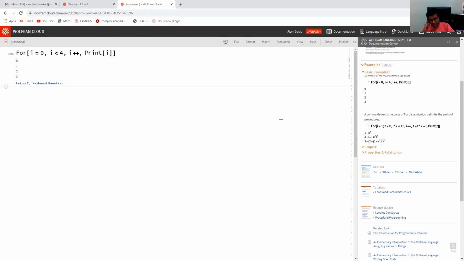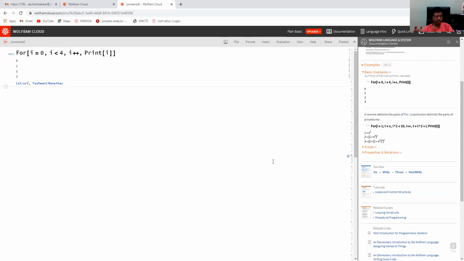Another homework is to write the for loop for the program we discussed for sine. You can take a few steps instead of 100. You may take 10 steps. But write that program and check whether your answer matches the actual value of sine. It will be very close to the actual value. Now next is the while loop.